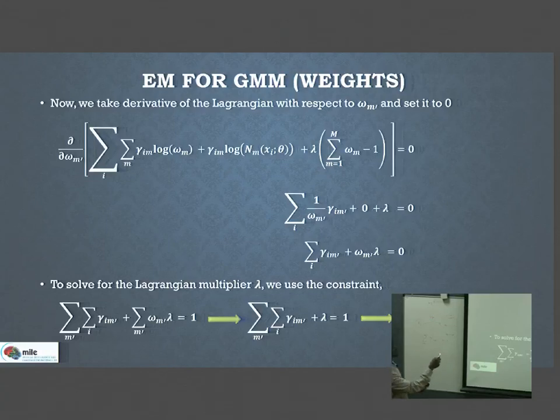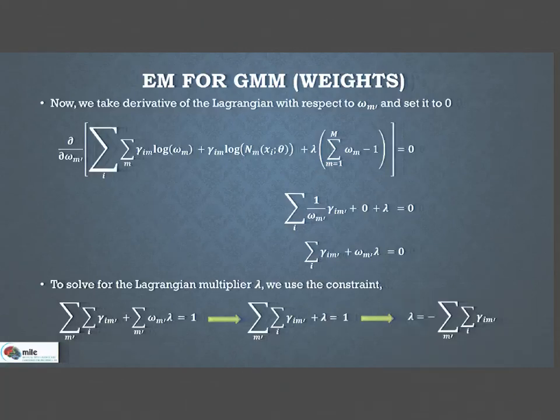So now, taking the derivative with respect to omega_m dash, because there is already an m in the inner summation, so I just used m dash to avoid confusion. Only this term doesn't have any omega_m, this has and this has, so we can remove this one. And here, this is a sum of all the omega_m's: omega_1 plus omega_2 plus omega_3 up to omega_M. So only one of the terms will be equal to 1. So if you differentiate this with respect to omega_m, you will get only the lambda.